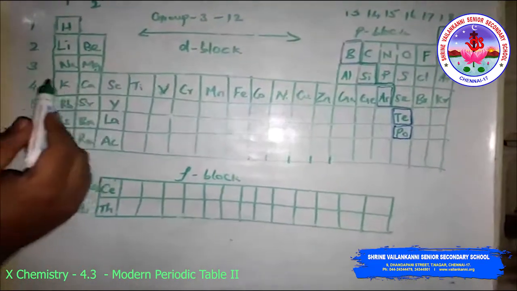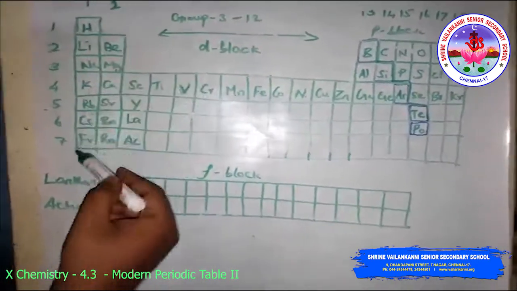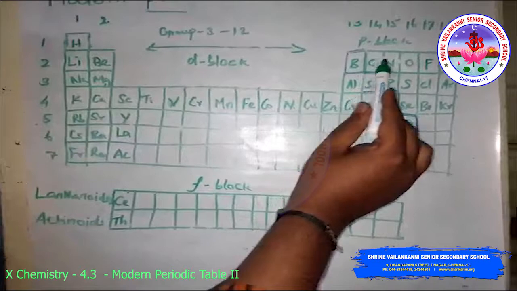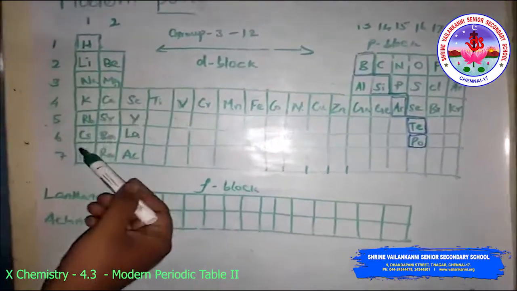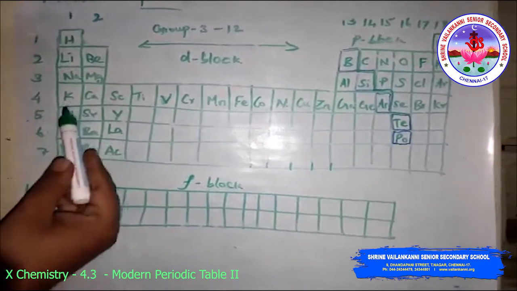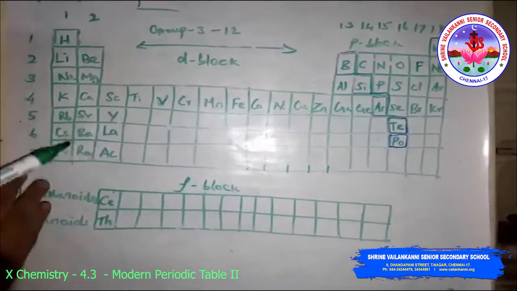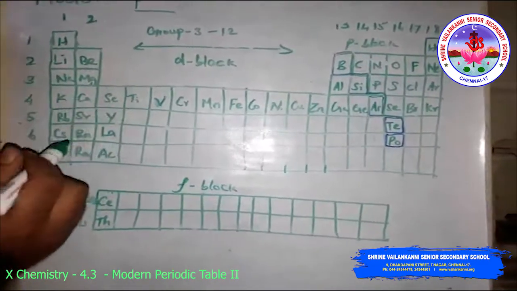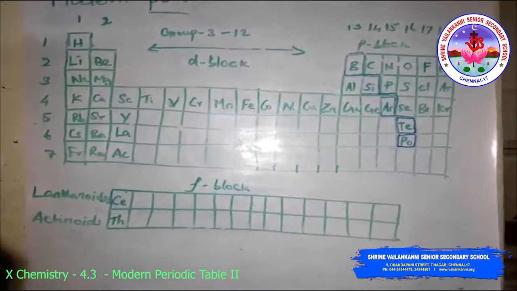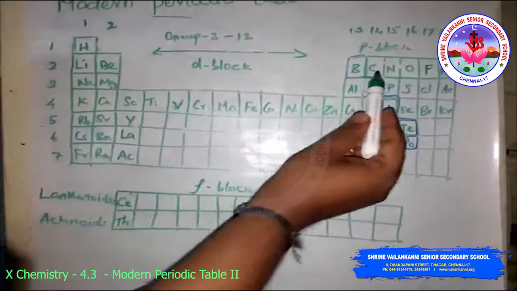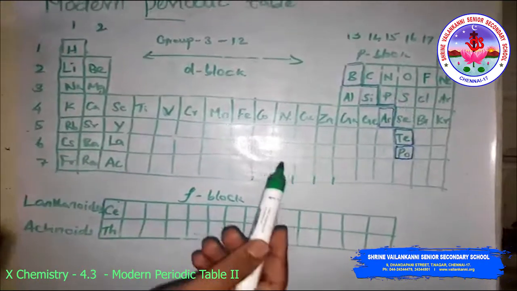Hence the metallic character decreases across the period and increases down the group. Look here, across the period it decreases, and down the group the metallic character increases. So for lithium, sodium, potassium, the metallic character increases. That means, as we already learned, the highly reactive elements and the least reactive elements. Then the non-metals, on the other hand, with electronegativity like carbon, nitrogen, oxygen, fluorine, these are the non-metallic elements.